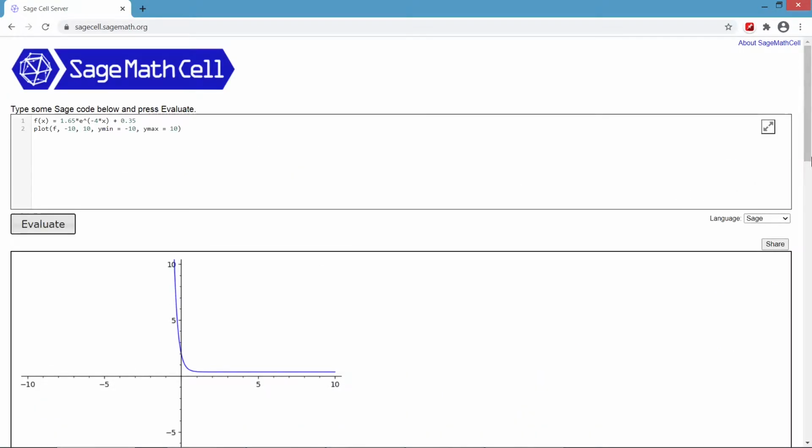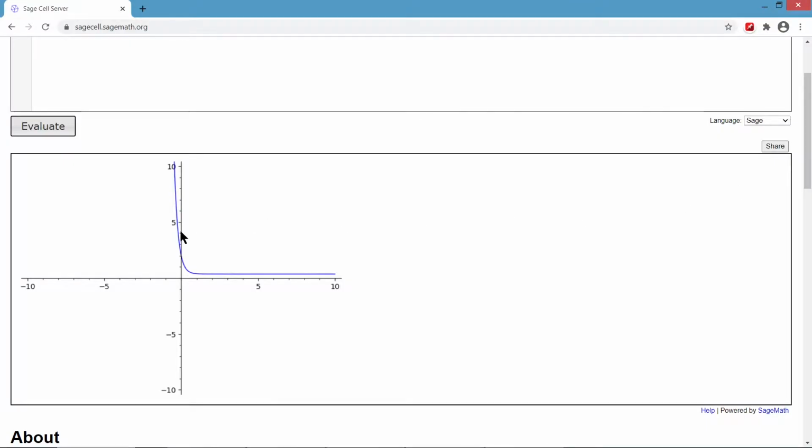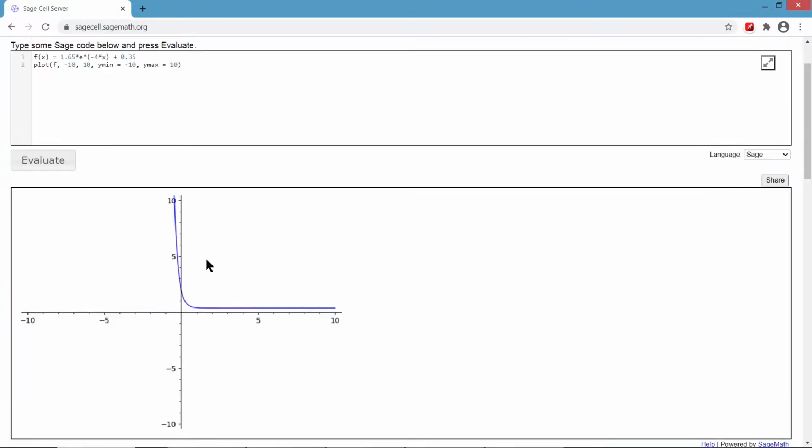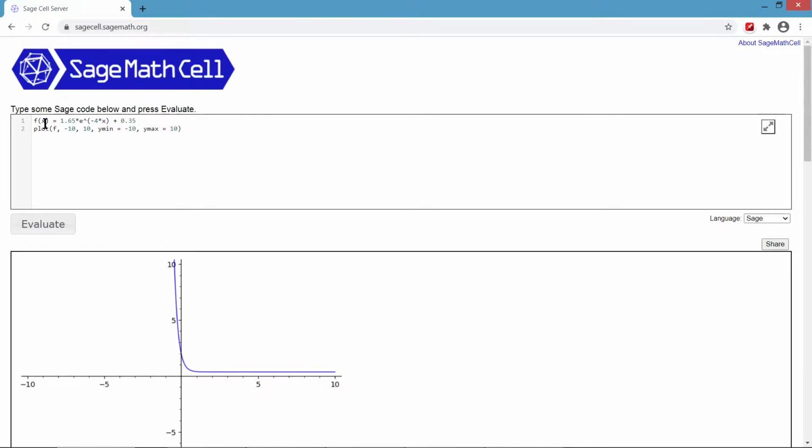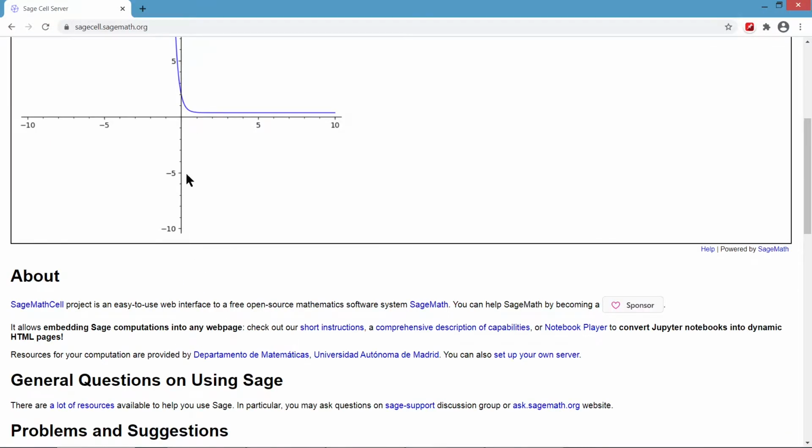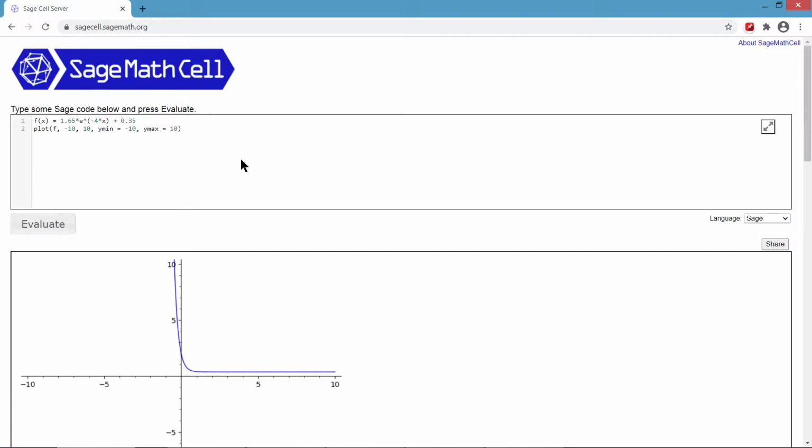So you can see this is pretty easy. This is the graph of the particular solution of that differential equation. Now you can see we can place any equation in place of f of x and we can plot it. We just have to put the equation here, then we can mention x and y ranges that we want to see. You can see the graph is plotted from minus 2 to 10 in the x values and 10 to minus 10 in the y values, and that's how we can do. Now we'll proceed to do the rest of the problems.